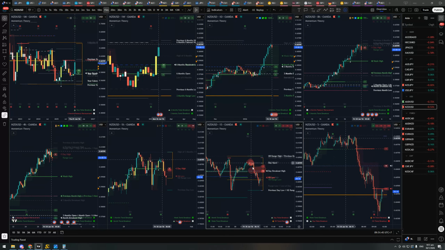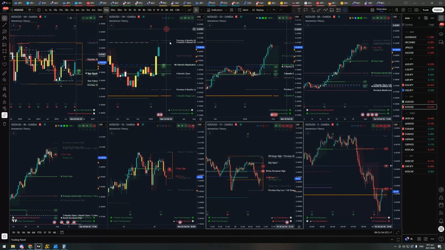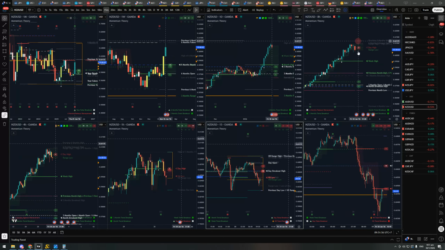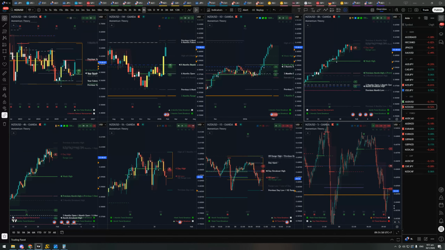First setup I want to see is a trend retracement. Didn't do that. Came back below. Now I want to see price fake out the previous day low to take this back up. So we don't have trend momentum on the weekly here, but we do have one on the H8. H8, the setup is